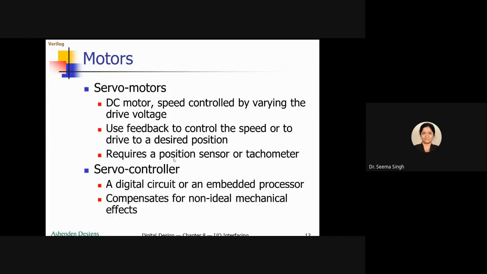It will also have this position sensor to know the current position of the motor. So the servo controller will also compensate for any non-ideal mechanical effect. So this is stronger, but of course we have different applications for stepper motors and servo motors in industry.